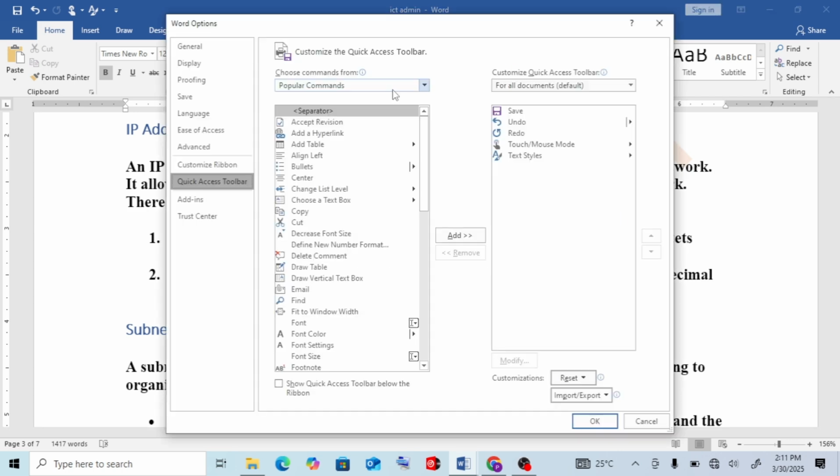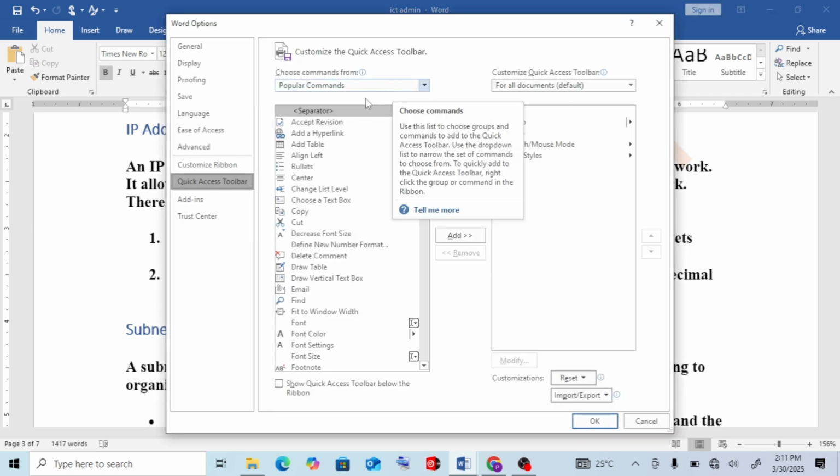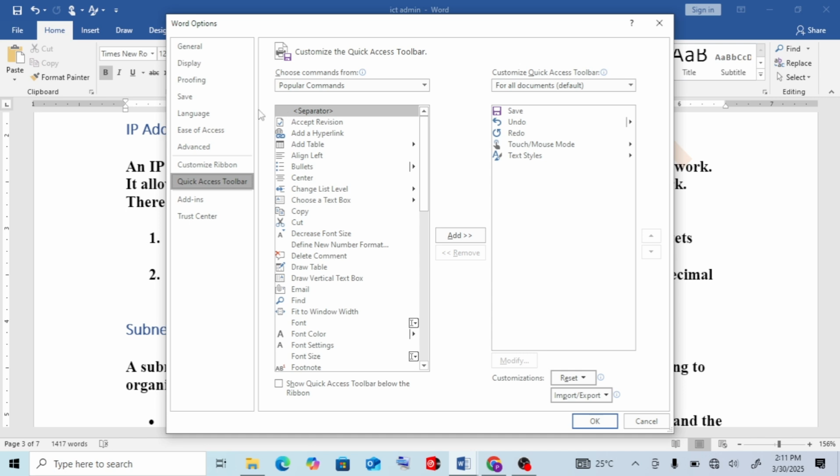You click customize. From customizing, you look in this left bar, this left column, for Customize the Ribbon.